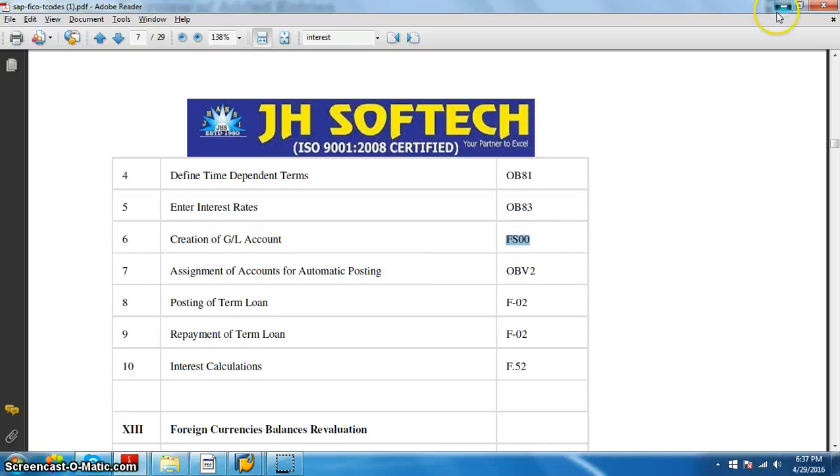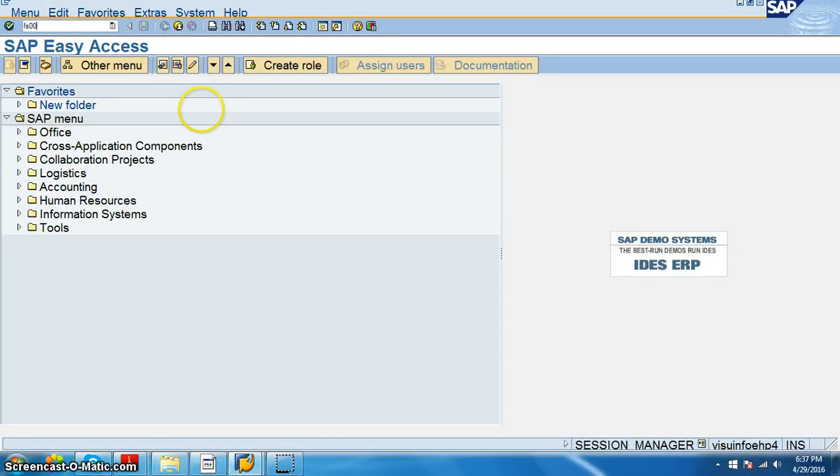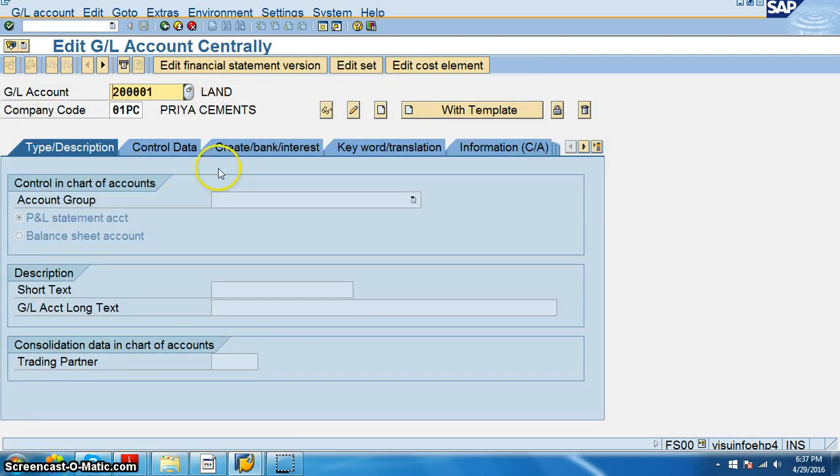GL account, FS00, just for maintaining the interest. So we'll go for FS00, and in FS00 we'll create something like, let's check the OBD4.